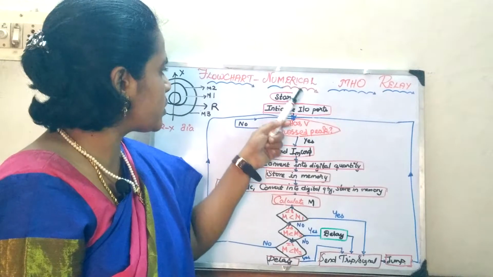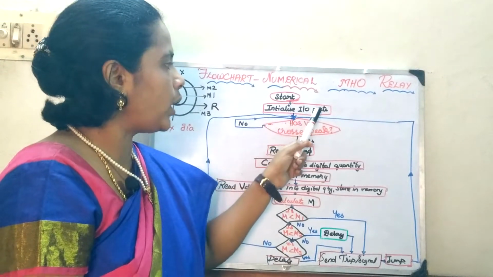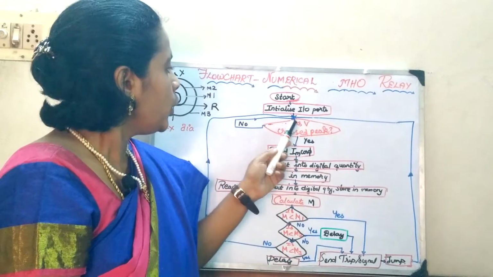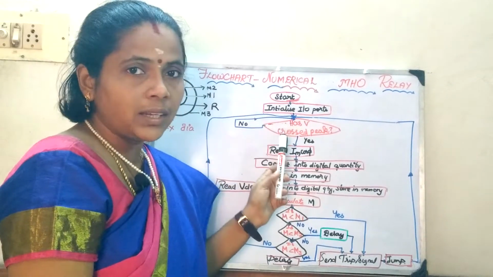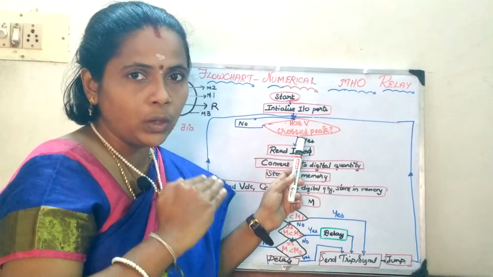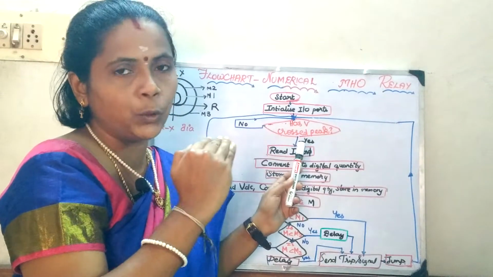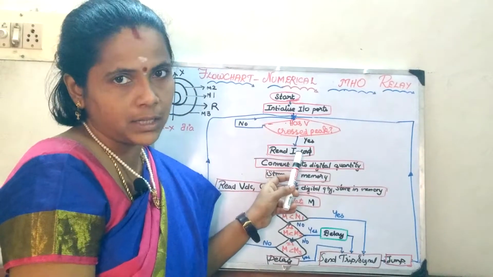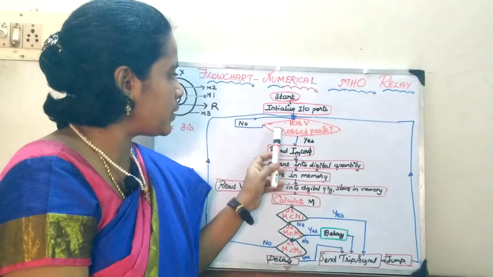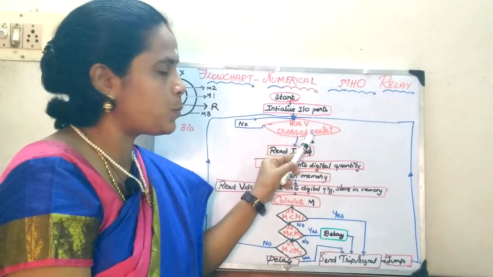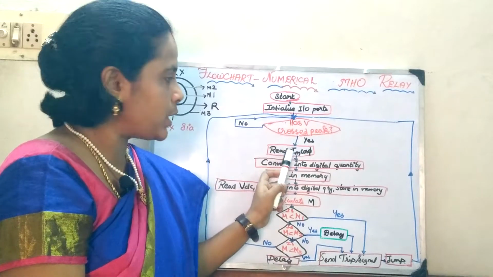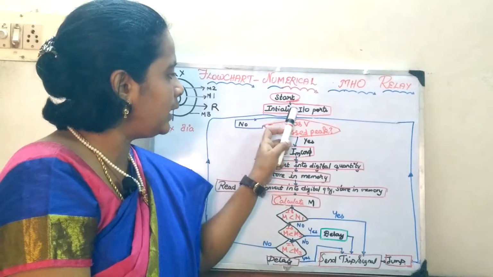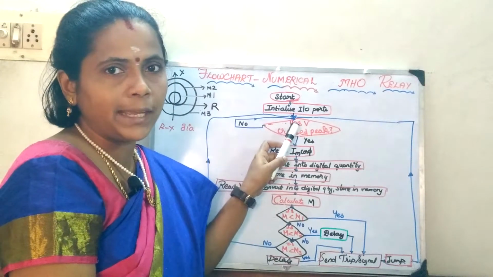You have to start by initializing the input and output ports of the microprocessor, namely port A, port B and port C. Then you have to check first. What is the first criterion that is required? It is nothing but the voltage has to cross its peak value. At that time, I am going to measure the instantaneous value of the current. So the first step is to check whether the voltage has crossed its peak. If so, then I can measure the instantaneous value of the current. If not, then you have to wait till the waveform reaches its voltage peak.